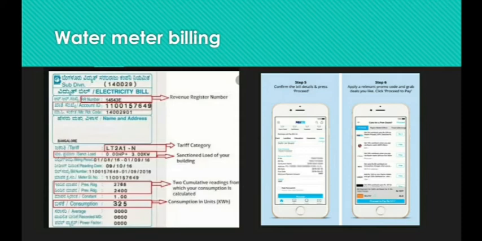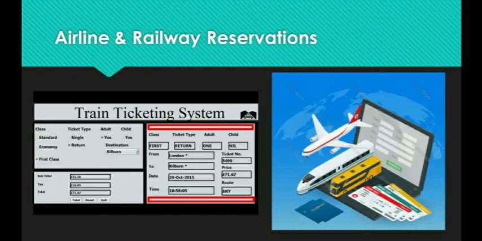The third application is the airline or railway reservation system. A database is required to keep records of ticket booking and the train's departure or arrival status. Also, if trains get late, people get to know it through a database update. It also needs to keep records of flights' arrival, departure and delay status, everything. So in short, we can say that database is used everywhere around us and we cannot rely without database.